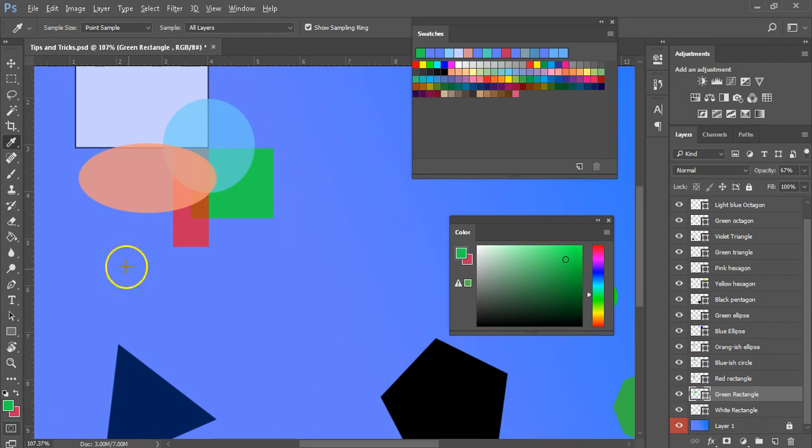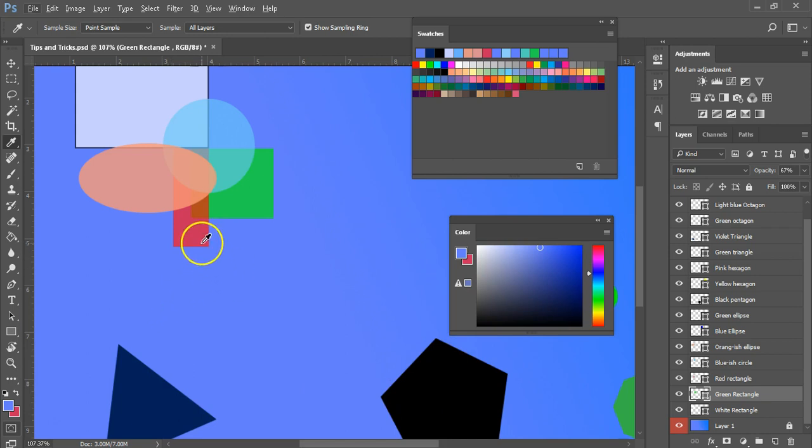Let's look at the eyedropper tool now. This tool is used to pick colors from an image or from swatches panel or from an image of another file. All to be used when you can't find or match the color shade you desire. Just click anywhere on the canvas to see the foreground color square change as the eyedropper tool picks the visual shade of the color from your clicked spot.